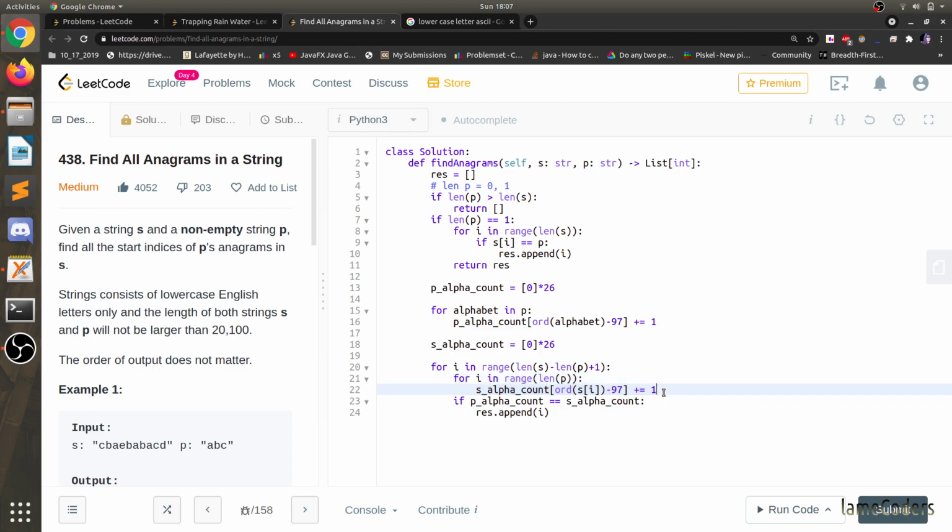So for I in range length of p, or for I in range this, for j in range length of p, S of I plus j. Yeah, we can do this. No, we were right in doing that, because we are updating it now.